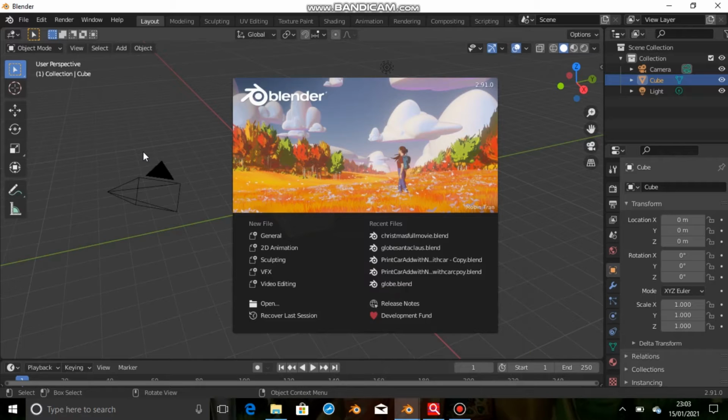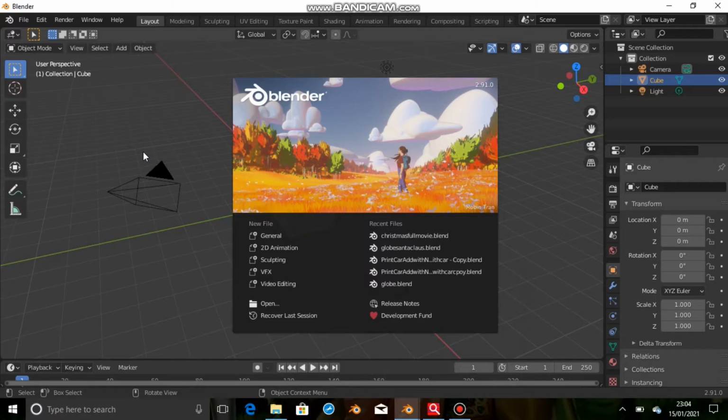In this tutorial, we are going to learn how to create a Christmas tree, and here I am going to use Blender 2.91. As you can also check in my description where you can get the file download, there are two versions available, that is 2.82 and 2.91, and you can download as per your system requirements.